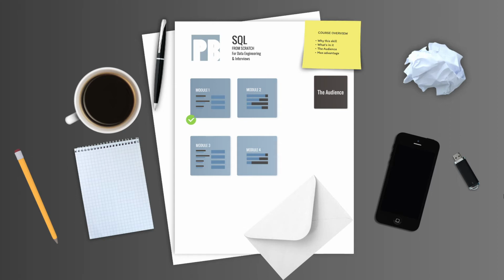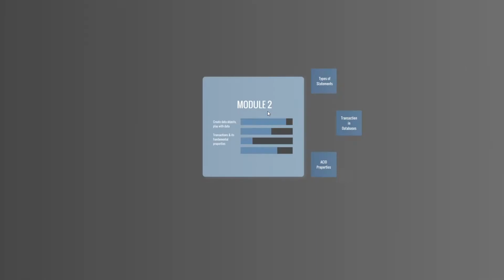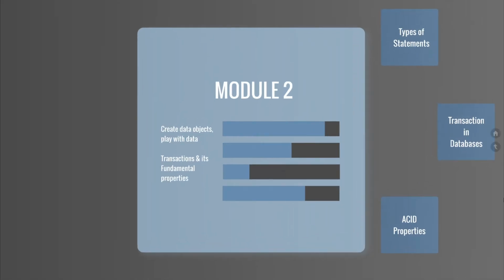This module is basically an extension of commands related to data objects that we have seen in module 1. If you haven't got the concepts and implementation of database objects, I recommend that you revisit the session and brush up the concepts, as we have seen that we can access the data using SQL. In this module, we will first look at what are the types of SQL statements.